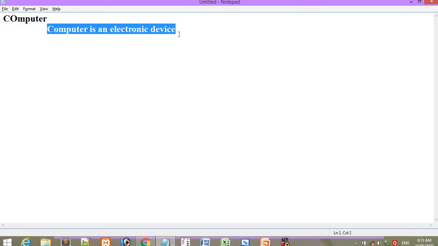So in this way, the same thing we have to define, but where do we have to define it? In HTML, on a browser. So how can we define that? We can define that by using a definition list, and as we have used the OL tag for ordered list and the UL tag for unordered list, in the same way we are going to use the DL tag for the definition list.